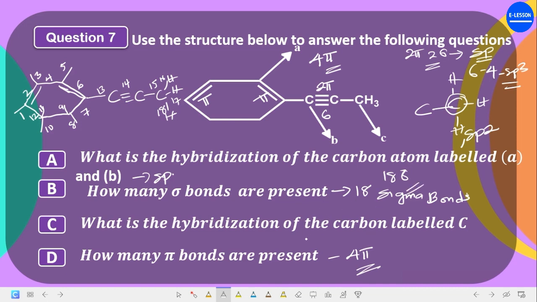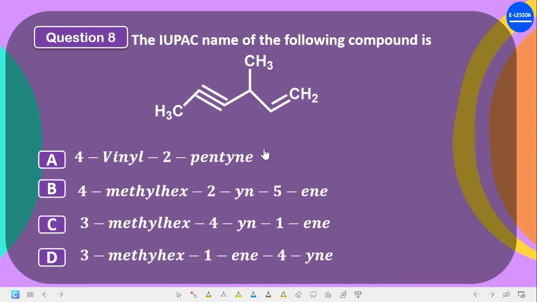So that is how to profile a solution to a question like this. Now the next one says, the IUPAC name of the following compound is. Now we said that our numbering should go from either side, whichever gets us to any of the unsaturated functional groups first. Your numbering should be from the side that we get to any of the unsaturated functional group,